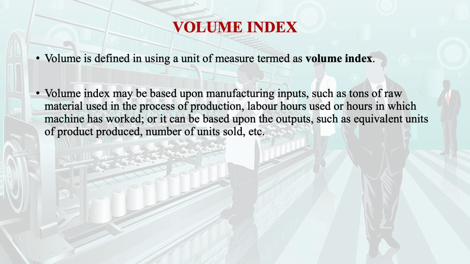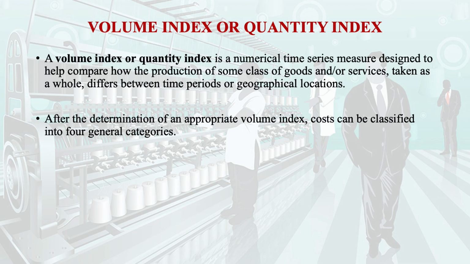It can be based upon the output, such as equivalent units produced or the number of units sold. Now we will define volume index. It is also termed the quantity index, and the definition given in Wikipedia is: a volume index or quantity index is a numerical time series measure designed to help compare how the production of some class of goods and/or services, taken as a whole, differs between time periods